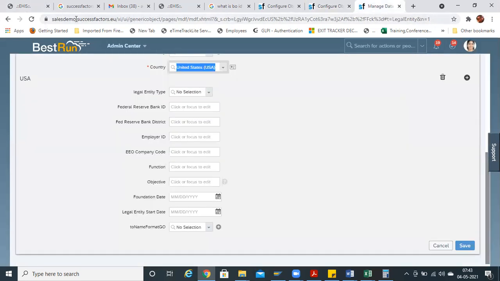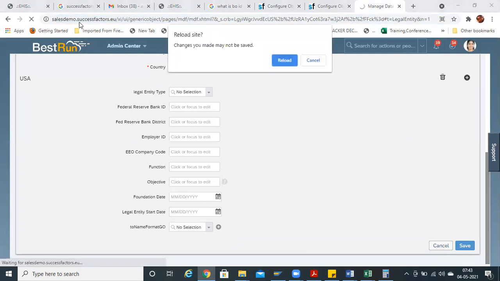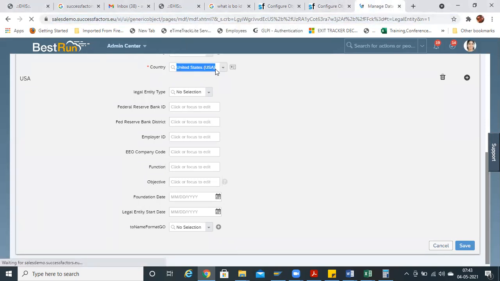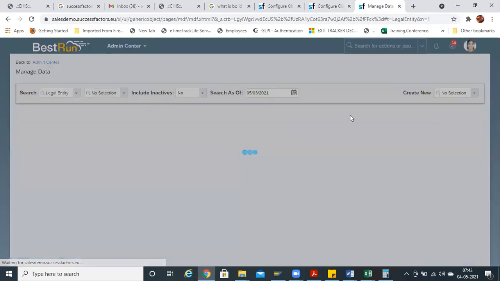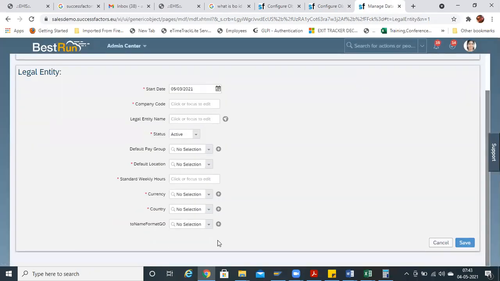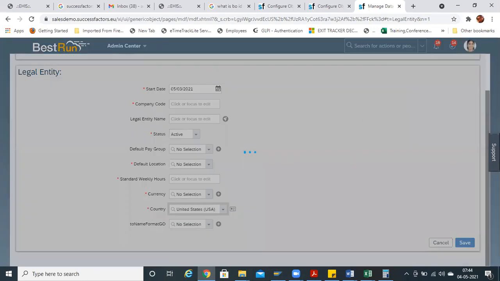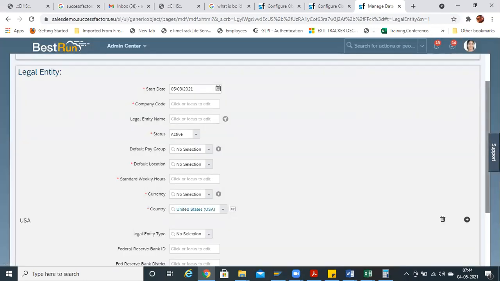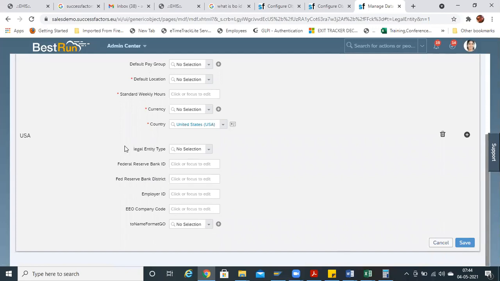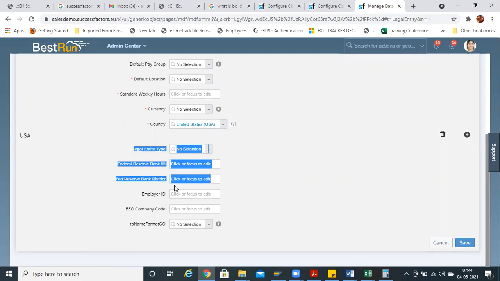Now see, if I refresh it and select country USA, now it's coming like this. See, these are USA IDs. This other field is also a custom ID which we have created, so ignore it. Basically concentrate on these entries.